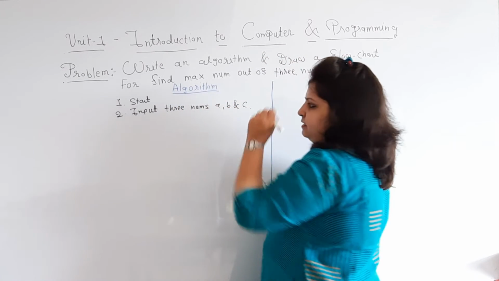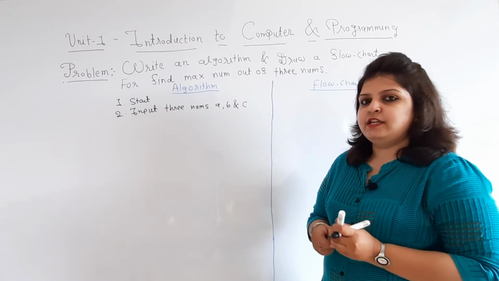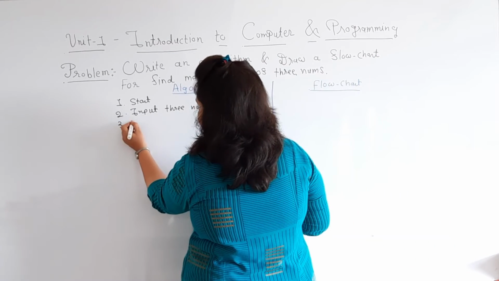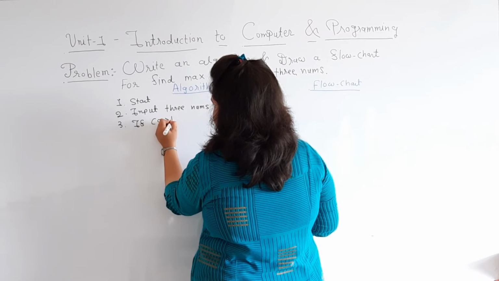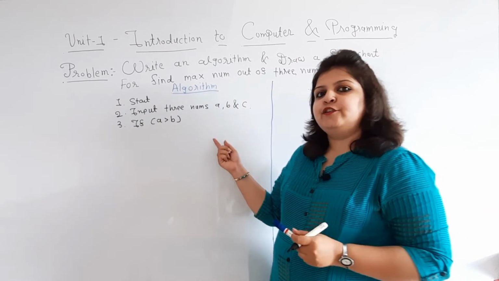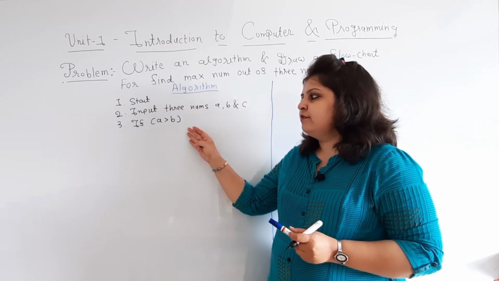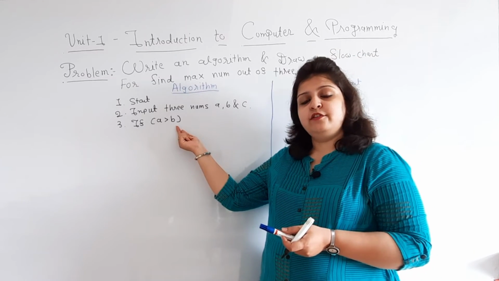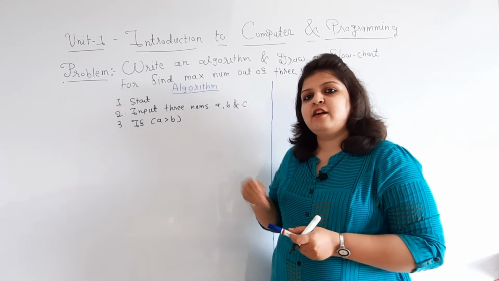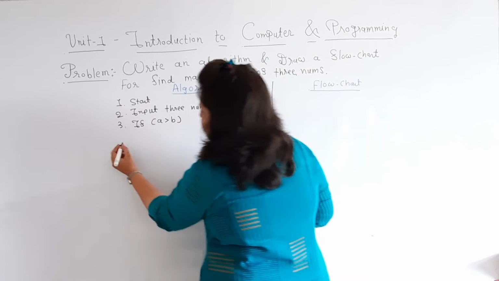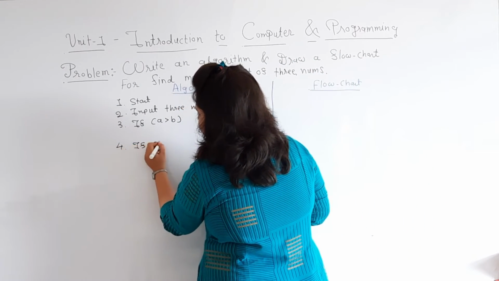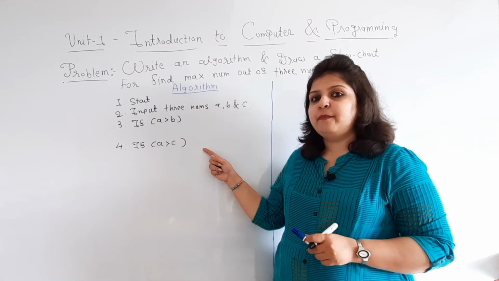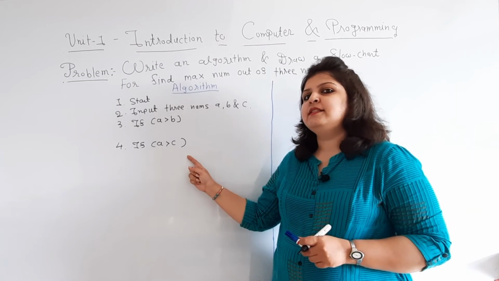A, B and C. Now our first condition is we have to compare A with B. So if A greater than B, control we will set at last because we don't know our remaining statement numbers in advance. So if this condition is true, then in the true part we have to check again our second condition, and the second condition is if A greater than C, and if this condition is true, then the true part is A is max and the false part is C is max.